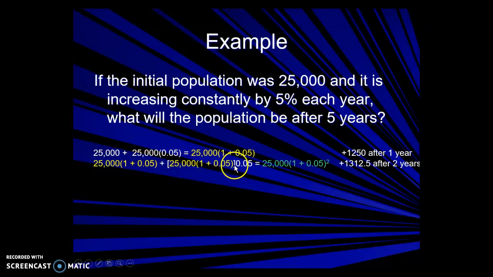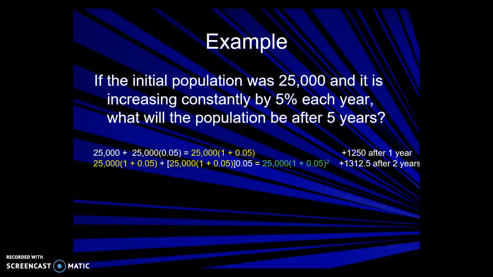25,000 times the quantity 1 plus 0.05 times 0.05. So this here represents the increase for the second year. And you could write this as 25,000 times 1 plus 0.05 to the second power, because you're multiplying the same part twice, essentially. So the increase is actually more for the second year because you have a bigger base population to increase by